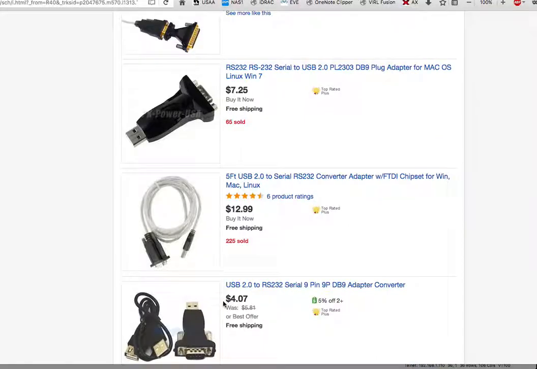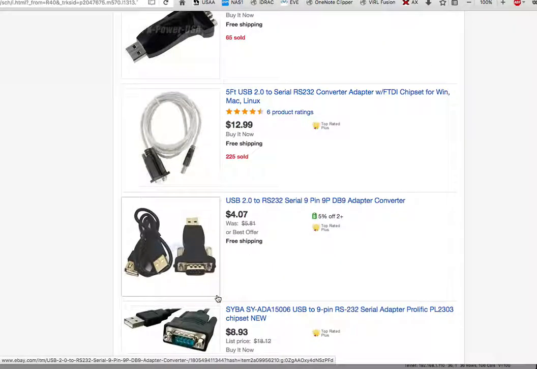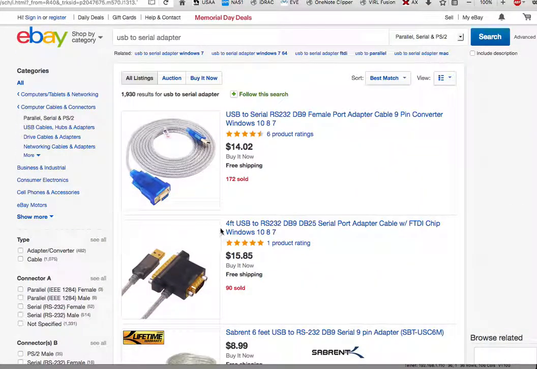These ones are nice, but they put stress on your computer USB port, so I wouldn't use them unless you had to. That's why I like these ones right here. I guess I'd pay $13 for that. But there's also